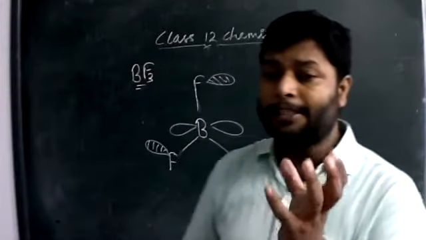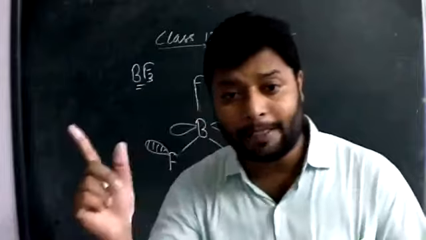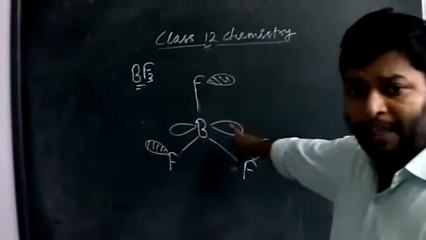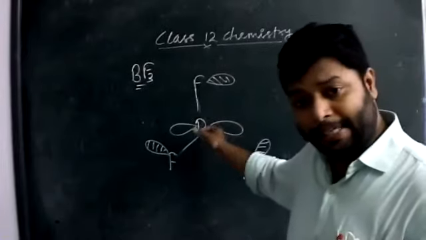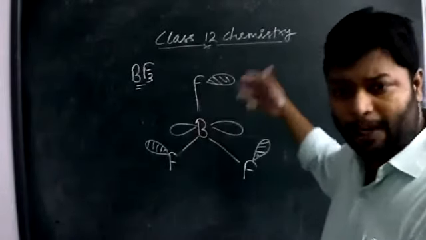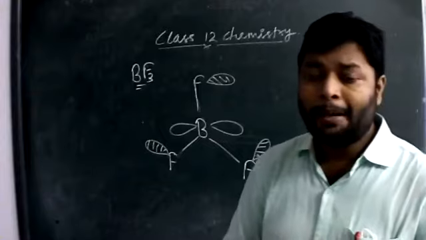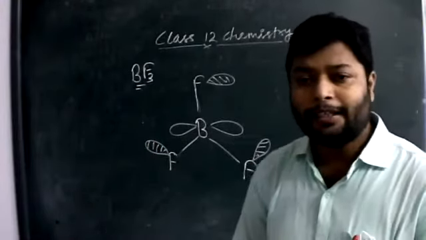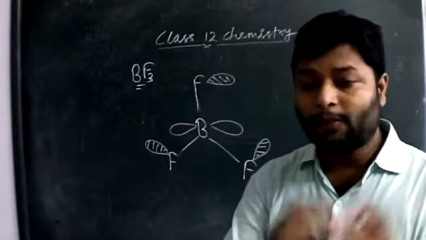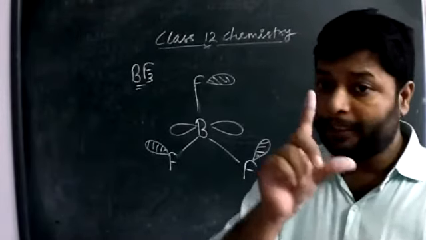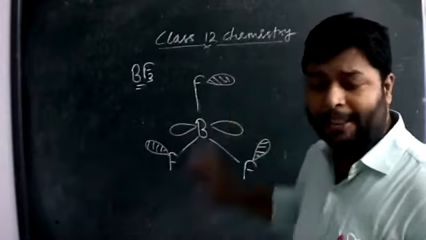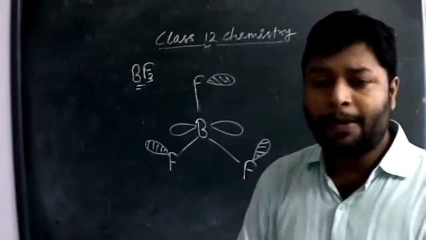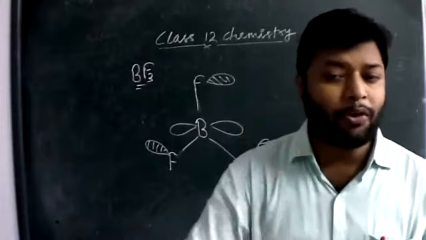Whenever a molecule has a tendency to accept a lone pair of electrons from any other molecule, that is called Lewis acid character. BF3, because of its vacant orbital, should have that same tendency to accept a lone pair from outside. But BF3 is not actually observed as we expected. The expectation is that BF3 should be a Lewis acid, but BF3 is actually a very weak Lewis acid because of its very low tendency to accept a lone pair of electrons.